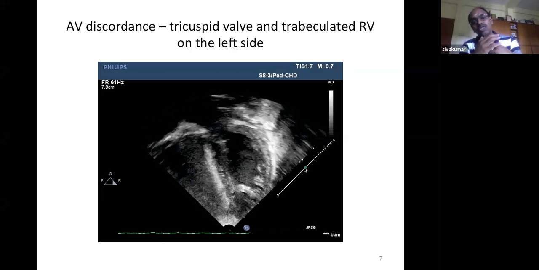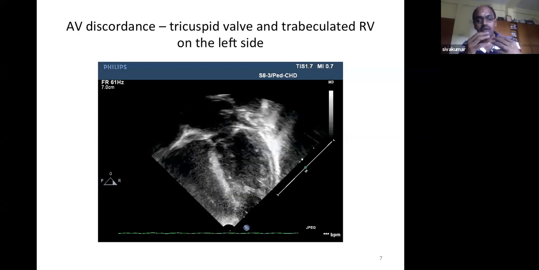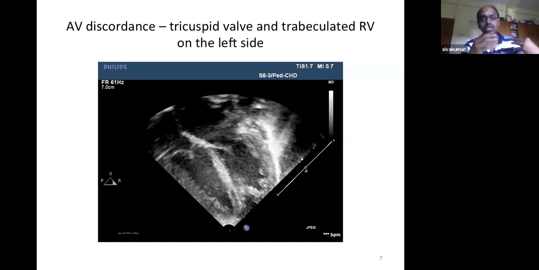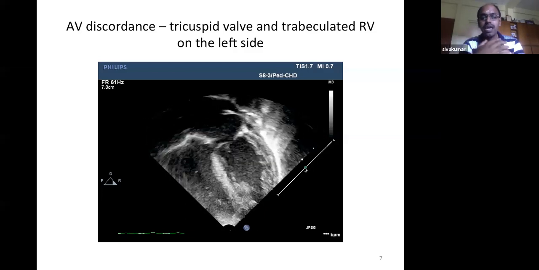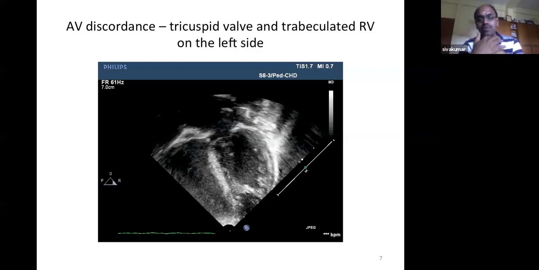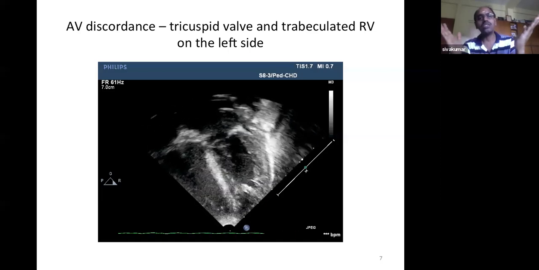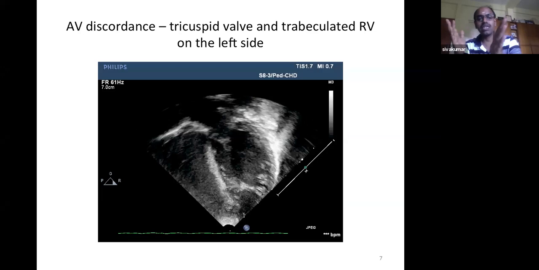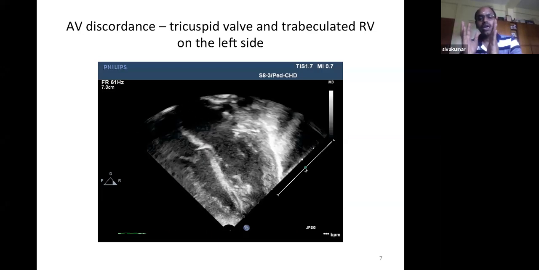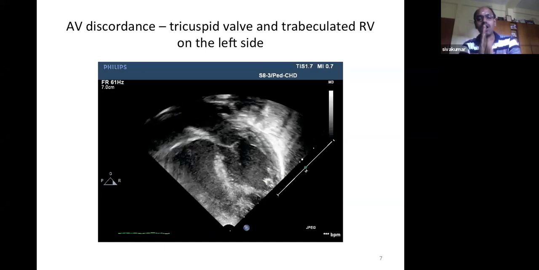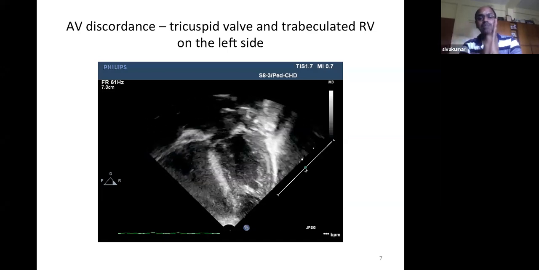So if you look at the left ventricle, it is located to the left, inferiorly, and posteriorly. The right ventricle is located to the right, anterior, and superior. This configuration of the intraventricular septum is completely lost in corrective transposition. In corrective transposition, the septum is sort of sagittal. So you have the right ventricle on the left side and left ventricle on the right side, and the septum is sagittal.